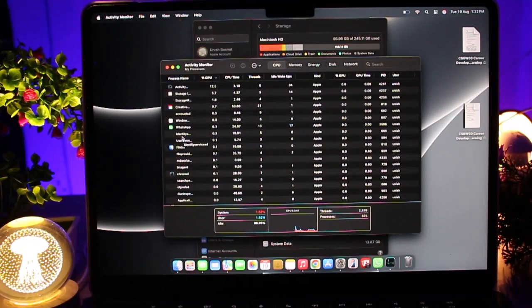One simple tip is to reset or restart your Mac regularly. It clears temporary files and frees up memory as well. Also, you can check your login items from system settings and you can remove apps that automatically start but aren't necessary. Finally, make sure your macOS is up to date, and updates often fix bugs and improve performance on Mac